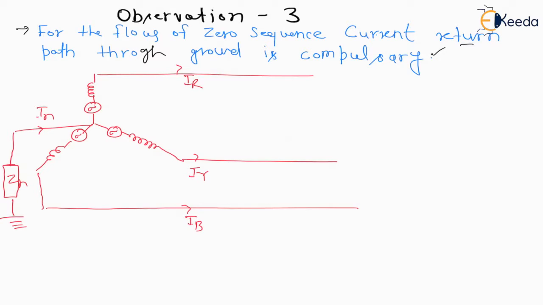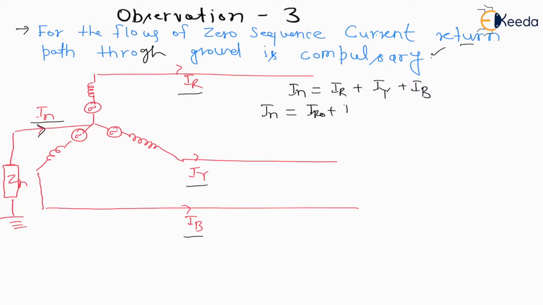So if our vectors are unbalanced, meaning IR, IY and IB are not symmetrical, then we can directly write the value of IN is equal to IR plus IY plus IB. You can see at the generator terminal here, IN value will be equal to IR plus IY plus IB. So what we can do here is